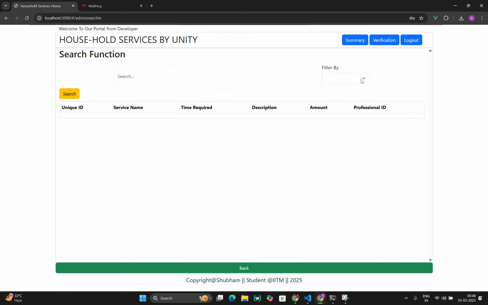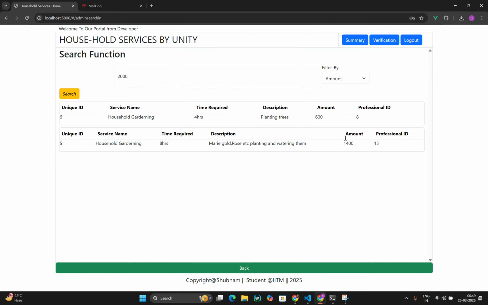The admin can search anything. For example, amount: if my budget is 2,000 and I search 2,000, it will show me all the options under the range of 2,000. We have two options here. And if we click on service, let's click on